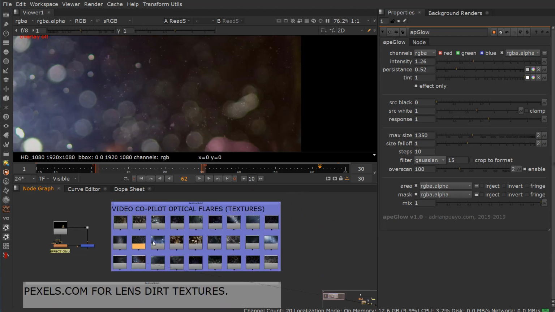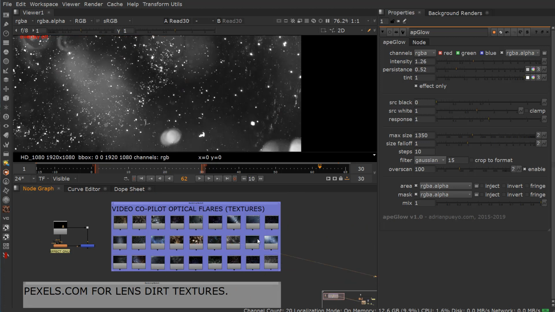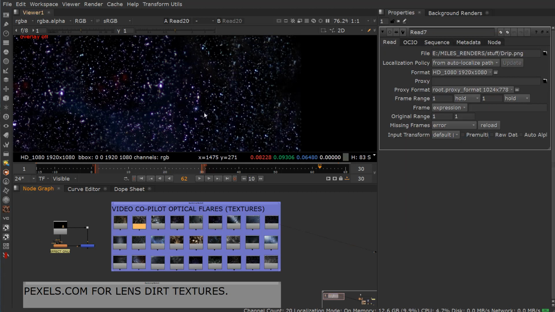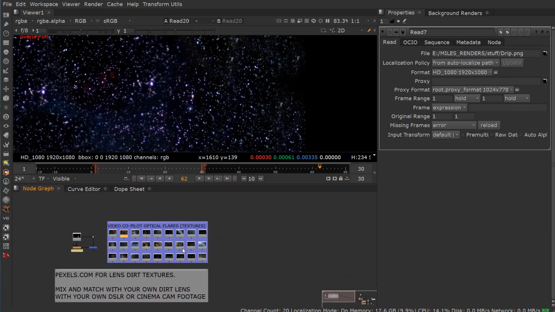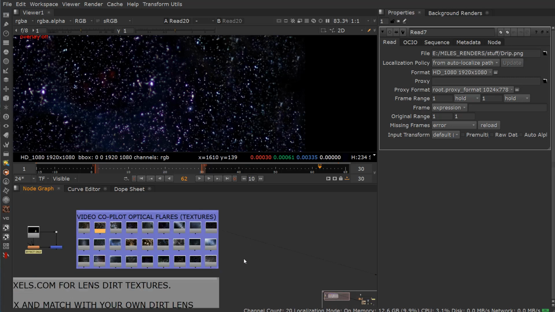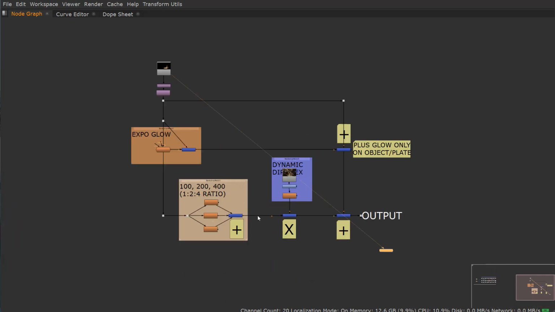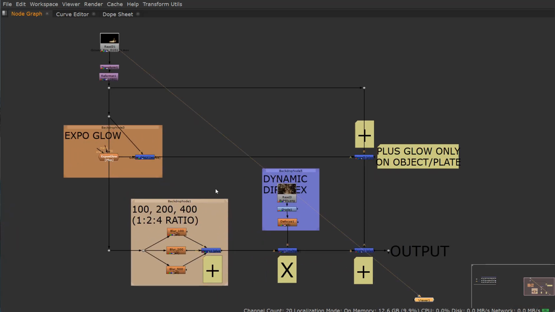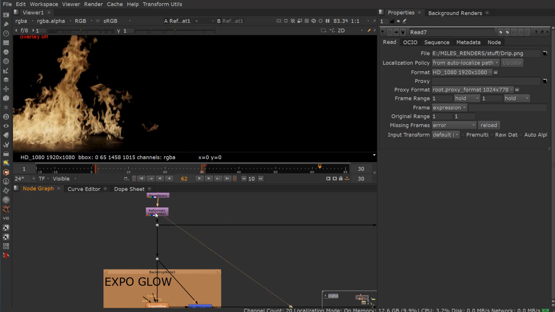So as you can see, there's all types of goodies you can put in here that are similar to what we saw, as far as little dots and dips. And you can defocus these too. You can take them and add a defocus, or any sort of defocuser besides defocus. So anyway, let's go back to the layout. I kind of simplified it from what was done in the actual live stream. The live stream goes into a little bit more detail, but it's just basic Video Copilot fire that has been reformatted